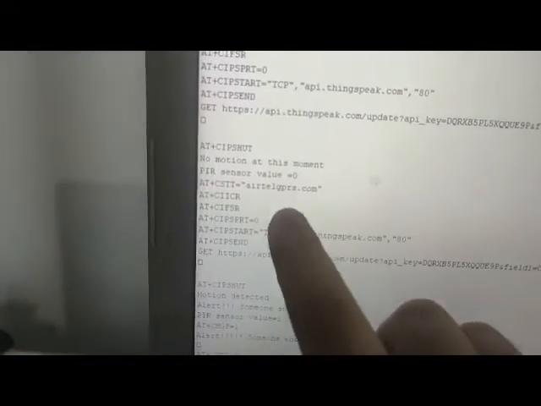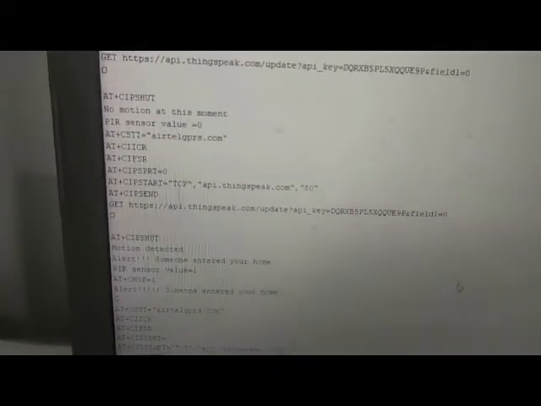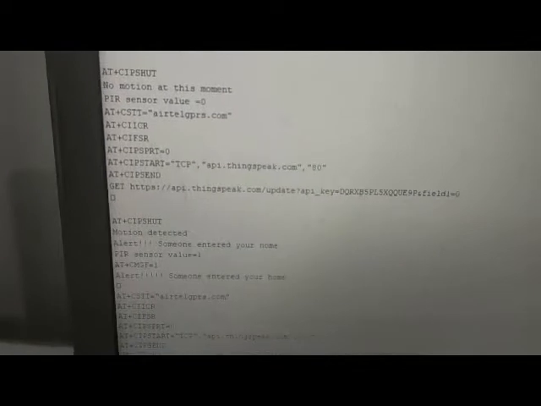Here is the Arduino code, and also we can see the data using the serial monitor of Arduino. Here we see motion detected, alert, the PIR value is 1, and here we can see no motion, PIR value 0. All of these can be seen through the serial monitor.